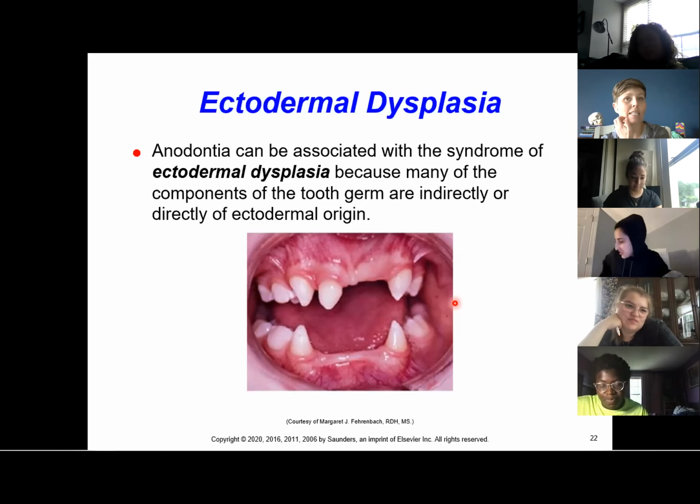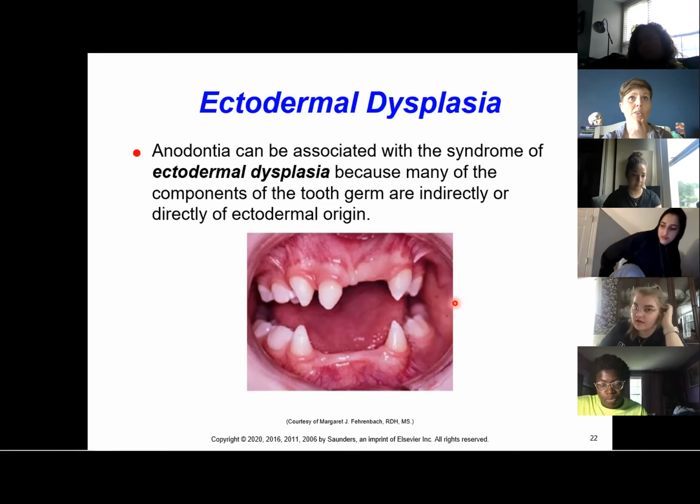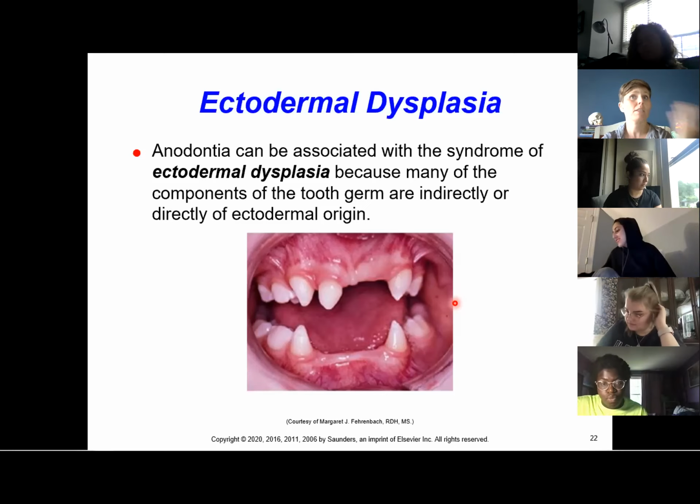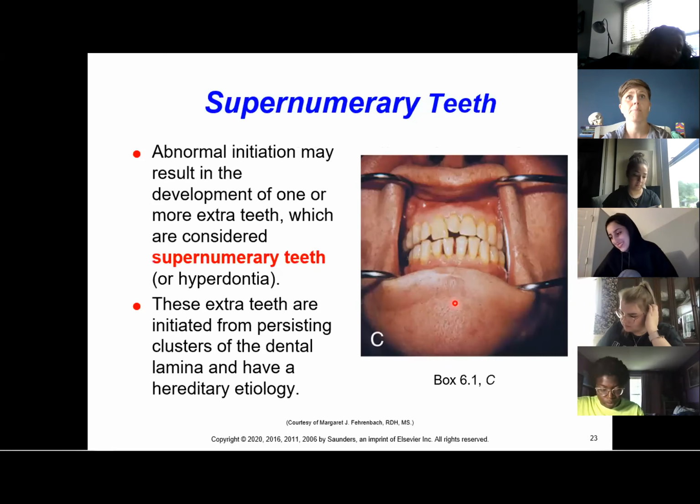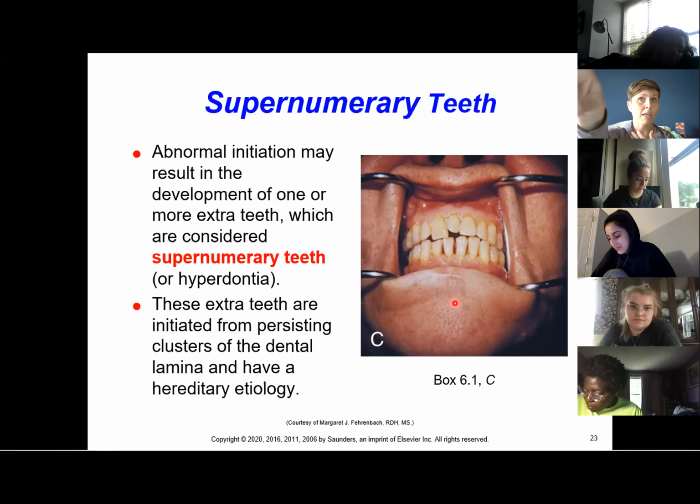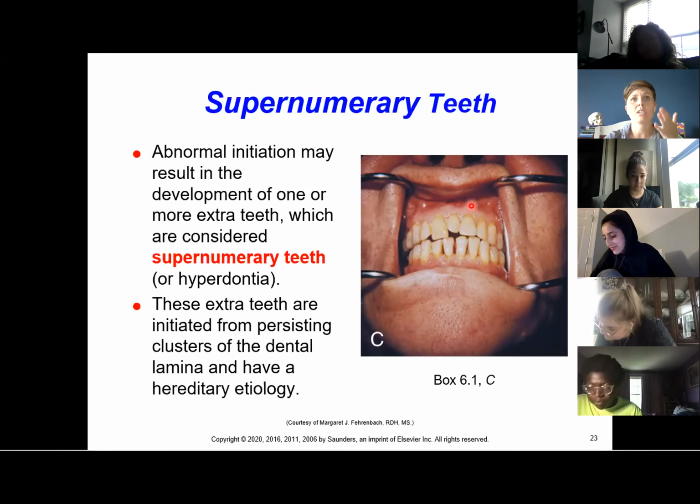Here's that quick picture I showed you the other day. This is a person with ectodermal dysplasia. They don't have the tooth germ, so it doesn't originate. It doesn't happen. Supernumerary teeth, most commonly, are right there at the central incisor. You can tell that's an extra tooth. It's not as big as a central incisor. Mine was just the crown. It wasn't anything big, but they took it out at 6,